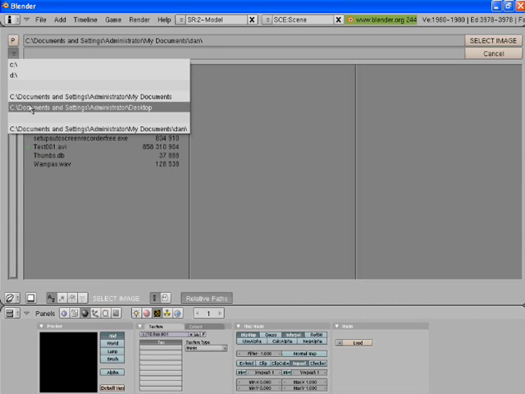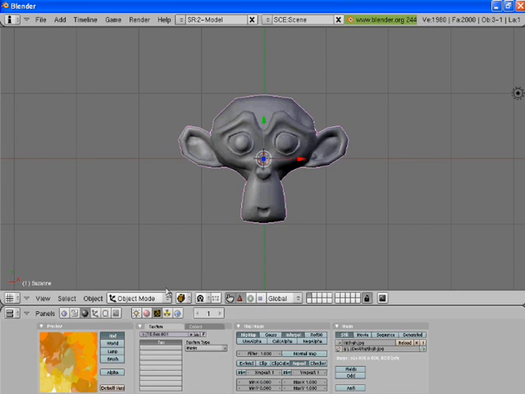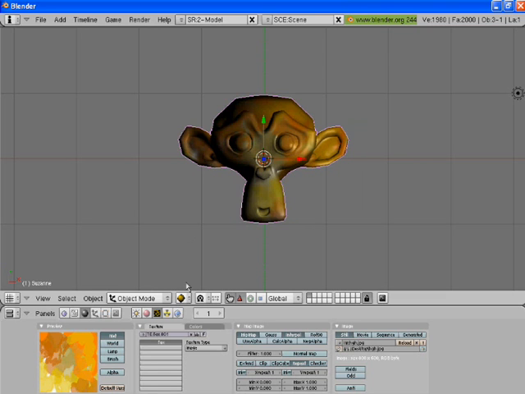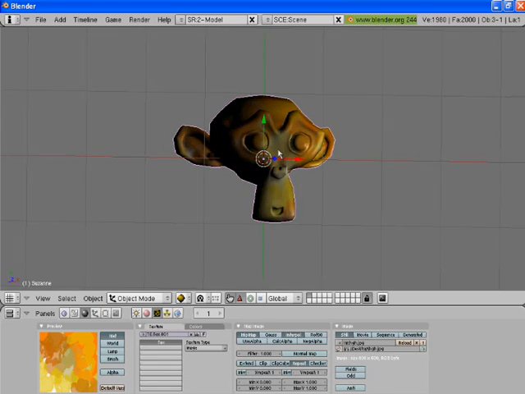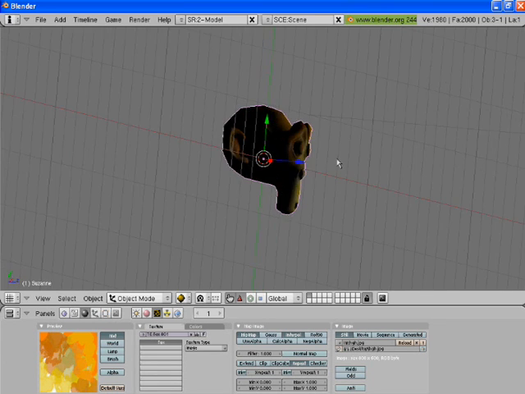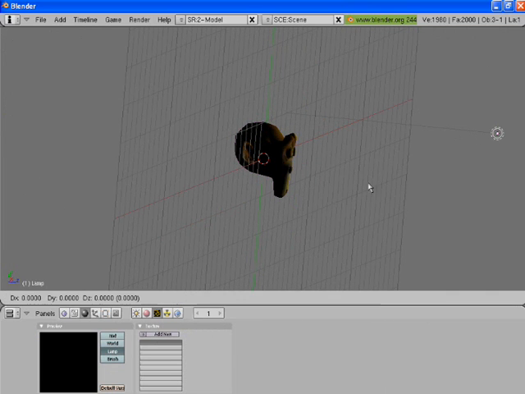Right, I'm going to load my image now. So here it was on my desktop. There's that one there. Now you can see in the preview box my image has come up. Right, so I'm going to go into object mode, wireframe, and shaded. Now as you can see, that looks pretty cool, quite a nice paint effect, but it's a bit dark, so I'm just going to sort out the lighting, then I'll render it and show you what it looks like at the end. Let's grab this light,